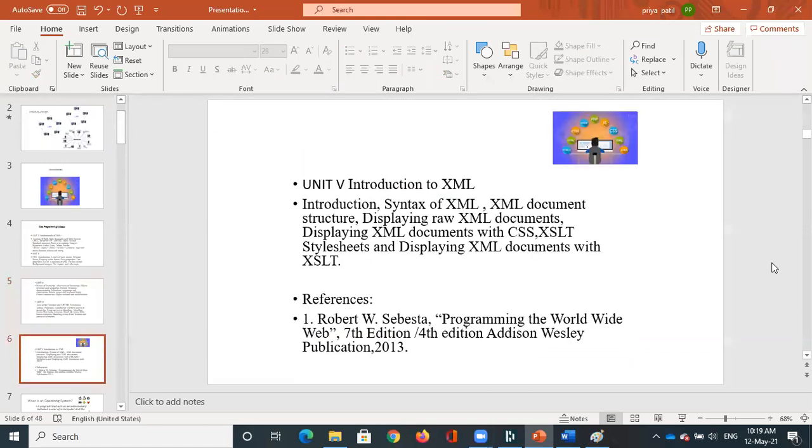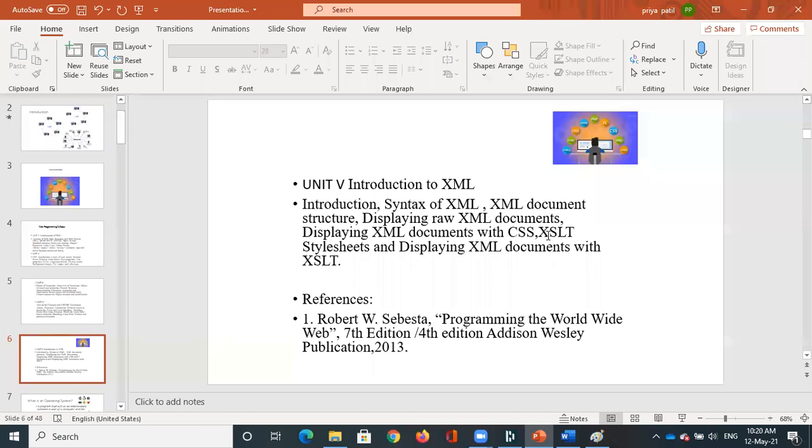Then going ahead with the last unit, we are going to study XML, extensible markup language. Again, this is required for standardizing and designing, so we will be using XML. That is very brief, because the first and second units are all about HTML and CSS, and the third and fourth units are all related to JavaScript. In the fifth unit, we'll study briefly about XML. Like we have CSS, similarly in XML we have something called style sheets. These are different from the CSS that we are going to study in detail.